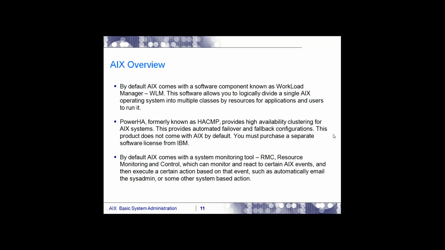So whenever you configure a cluster, by default, its default behavior is failover. Default behavior is failover. And of course, AIX supports a concept called failback also. Okay, so failback means,